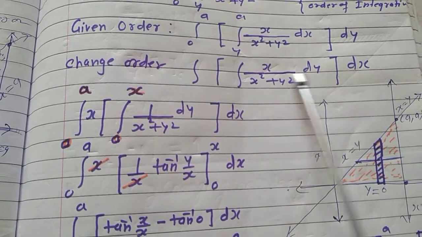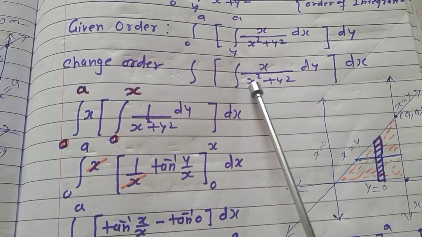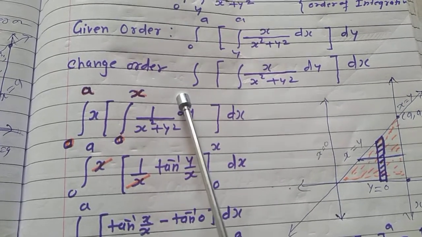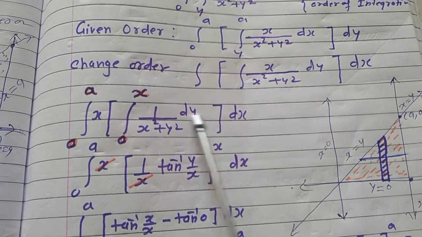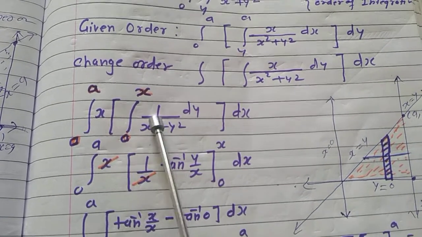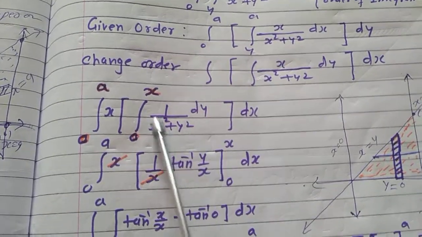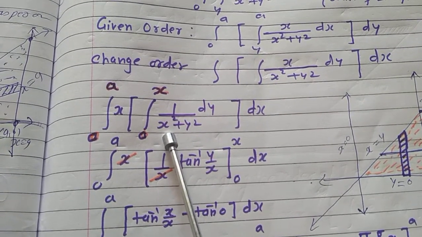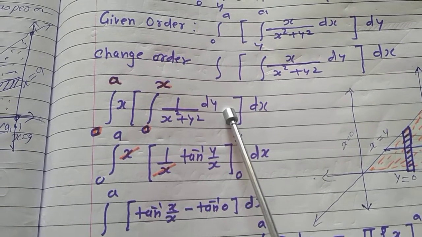Now I want to integrate with respect to y. So take x out common, because x is constant. This x is also constant. Remember this. So your problem becomes 1 upon x square plus y square, where x square is constant with respect to y. Now I want to integrate. Only consider this bracket. Don't think about the outer integration. Suppose this is your first integration, a single integration, just like 12th standard, and this is the constant a square.